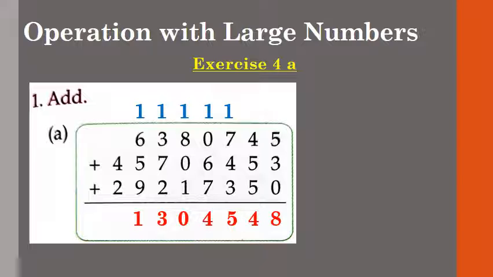21. So we will write 1 of 21 at 10 lakh place and 2 will get carried to the crore place. And now this 2, we will add this 2 along with the digit at crore place, that is 2 plus 4 plus 2, and which is equal to 8. And so this is our answer. This is the sum of the addition of these three large numbers. I hope it is clear to all of you.